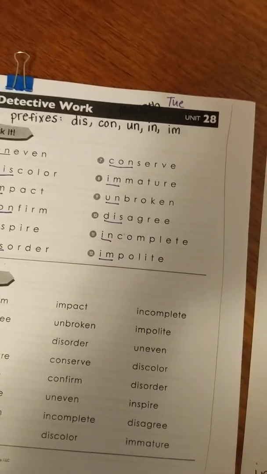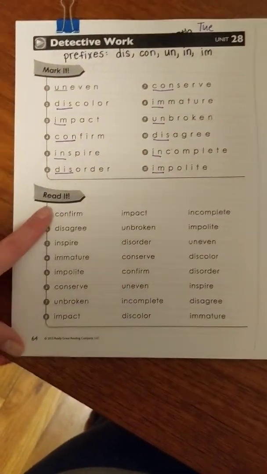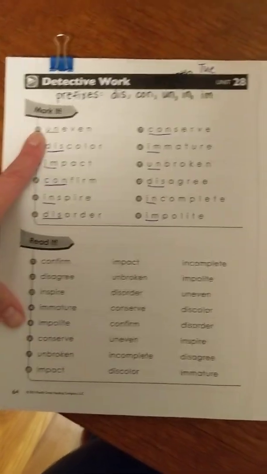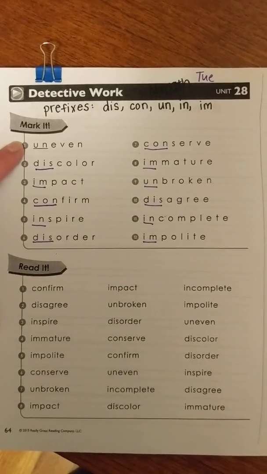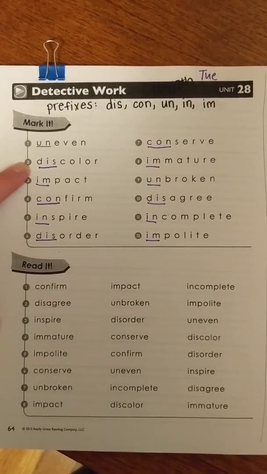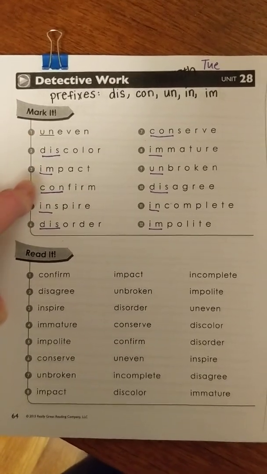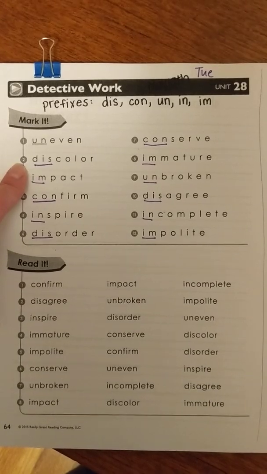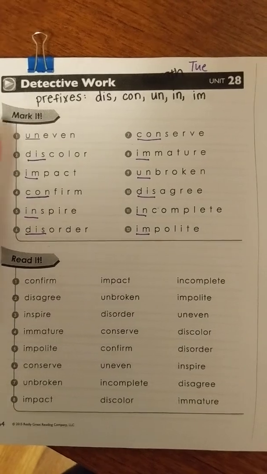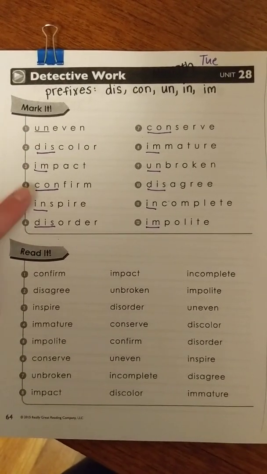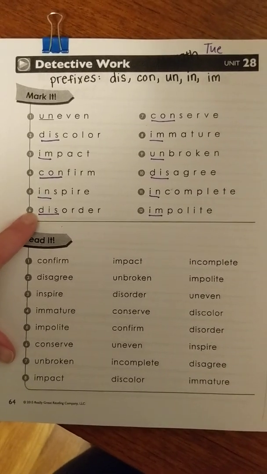So what we're gonna do is we'll go through and read these, so that you can practice reading them down here. We'll read them up here 2 times each, and then you guys can practice on your own reading them down here. So number 1, uneven, uneven. Discolor, discolor. And the prefix, just let me interrupt myself to say, it's always going to be its own syllable, okay? So uneven, discolor, okay? So impact, confirm, inspire, disorder,